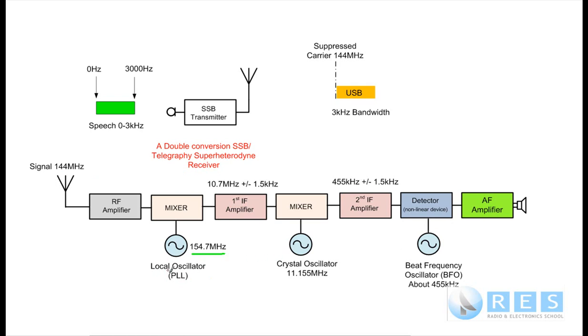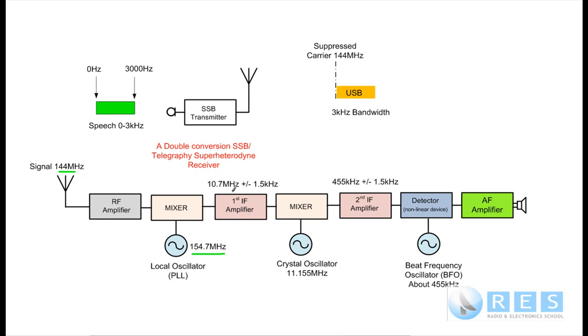So this oscillator would be a phased lock loop. That would give it stability on 154.7 megahertz. If we tried to make an LC oscillator, or even an ordinary crystal oscillator run at that frequency, we'd find we'd have lots of drift problems. As before, the difference between the incoming signal and the local oscillator, if you subtract 144 from 154.7 megahertz, you